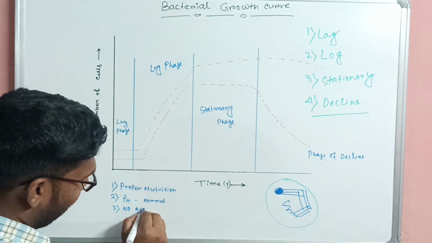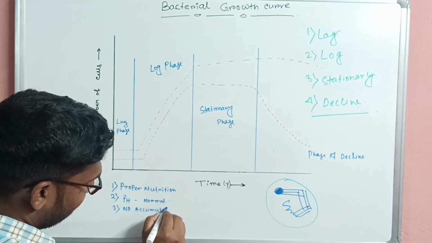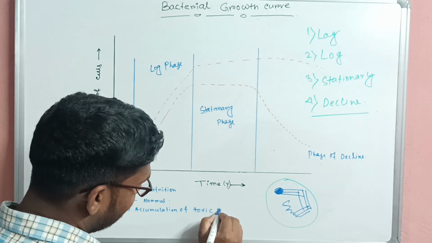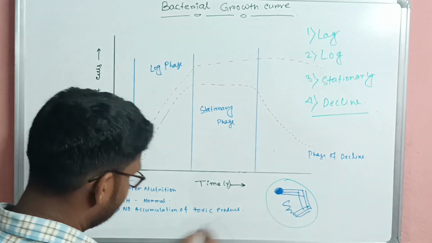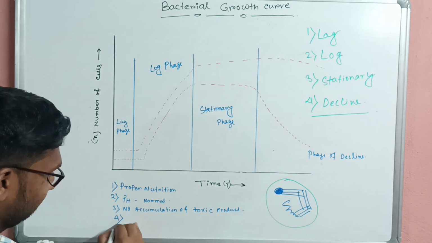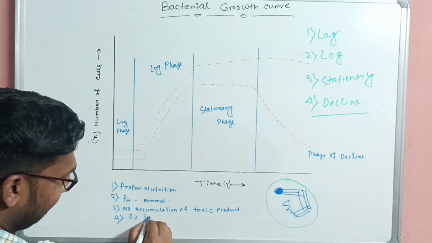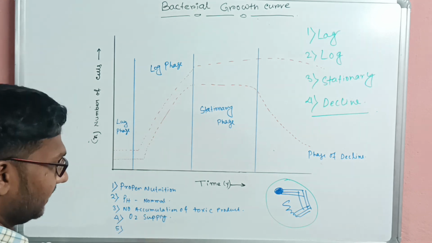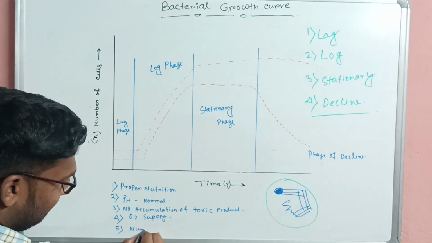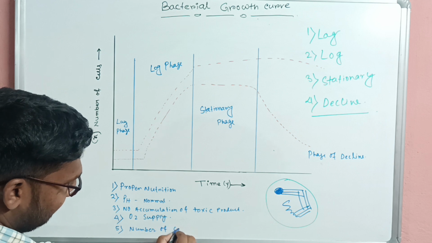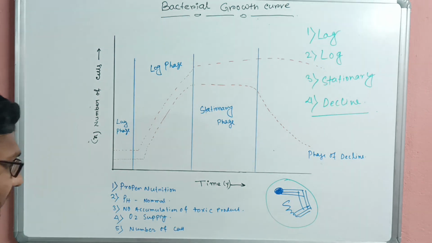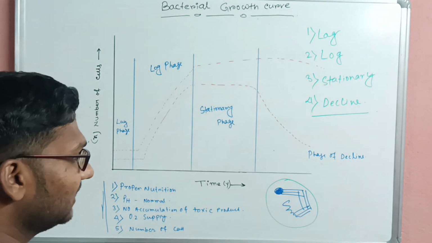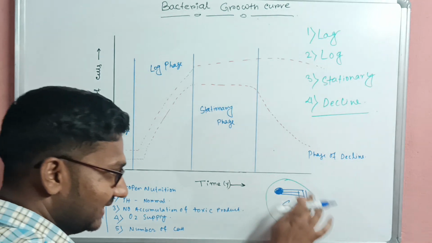no accumulation of toxic product. Number 4, O2 supply. Number 5, number of cells. Okay, these 5 suitable conditions are present in this